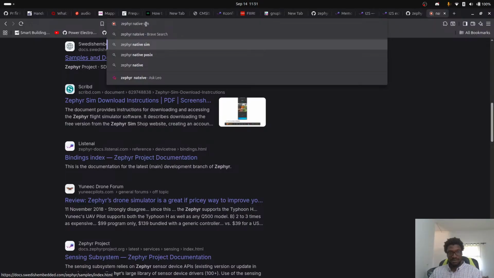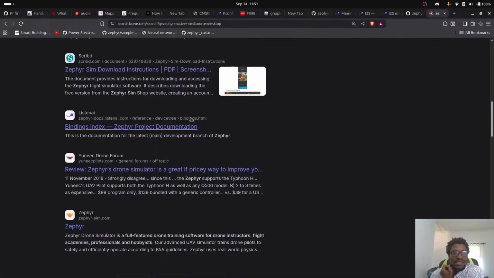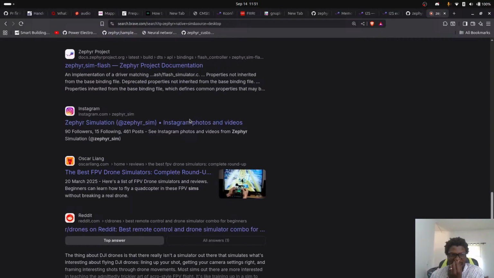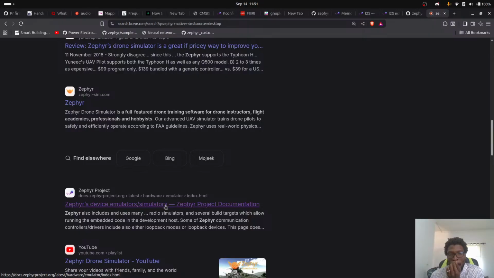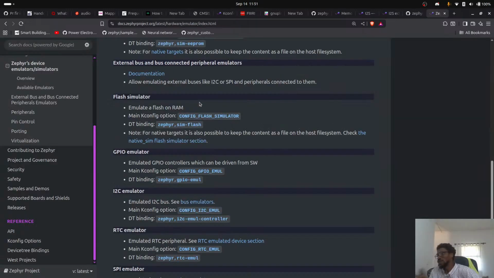You can use native sim, and native sim is, let me see, somewhere here. Must be somewhere, something I've clicked before. Yeah, Zephyr has device emulators and simulators, and you can basically use one called native sim, and you can test this. It will emulate the board that you want to replicate inside your laptop, or desktop, or whatever computer you're using, basically. But anyways, as I was saying,